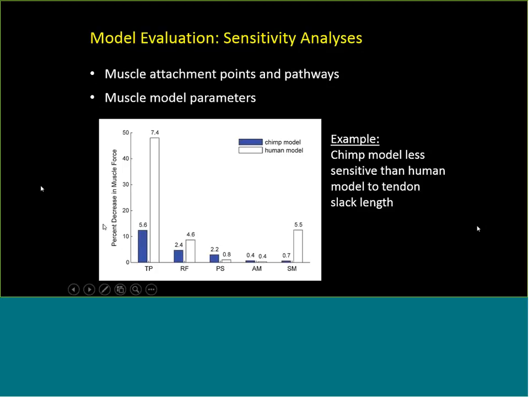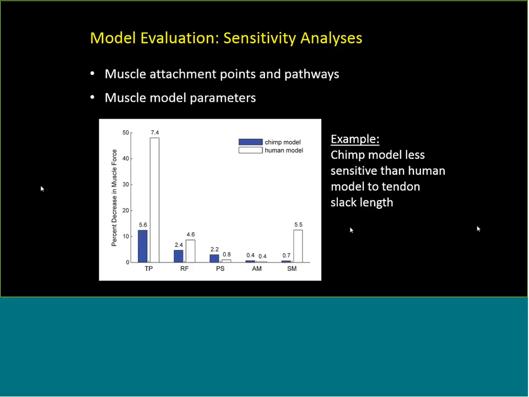And the main thing to note here is that for most muscles, when there's a difference, the blue bar, the chimp model, has a lower sensitivity than the human model. In some cases, it's pretty substantial, like here. In other cases, it's modest, as there. And so what this means is that the chimp model is actually less sensitive to tendon slack length than the human model overall. And this actually makes some degree of sense because it's been known for quite some time that